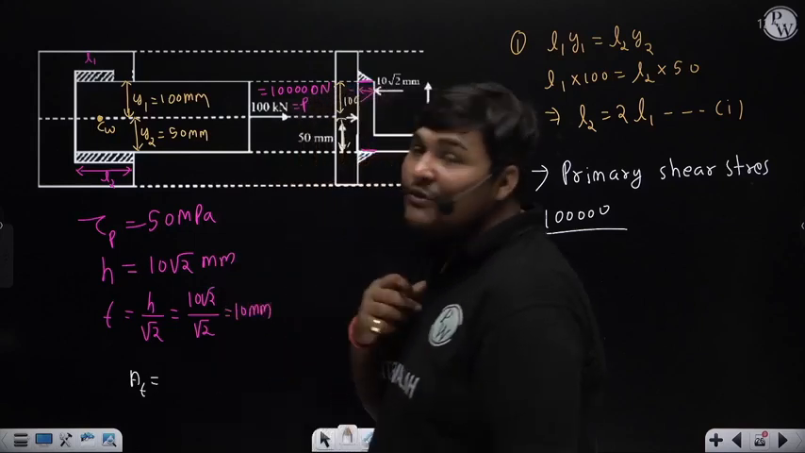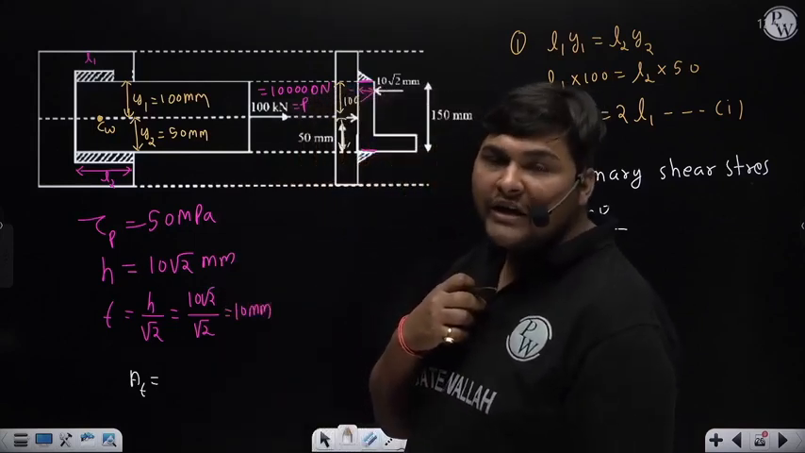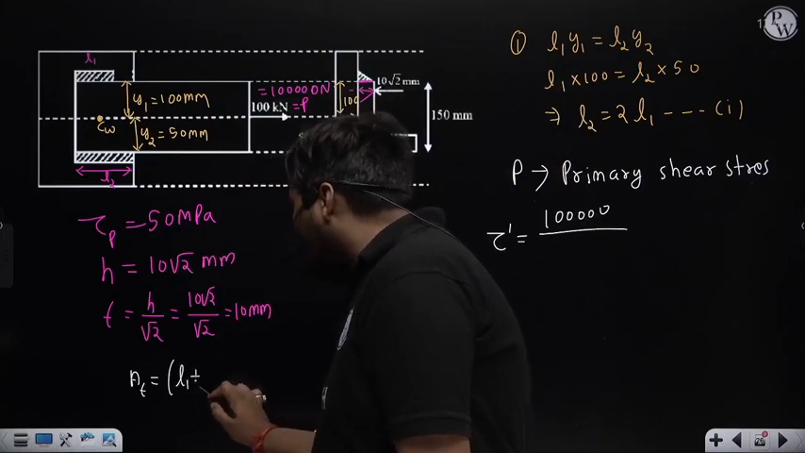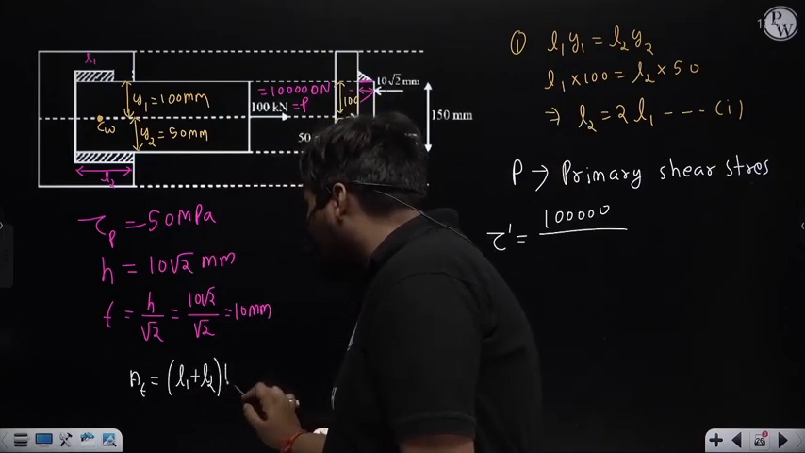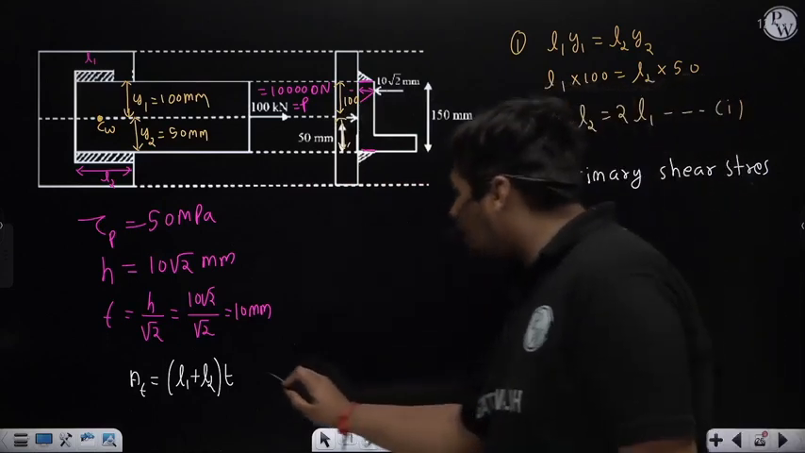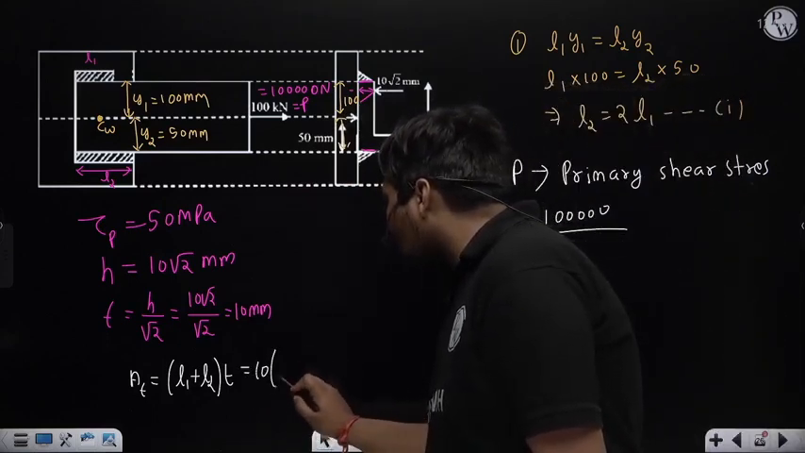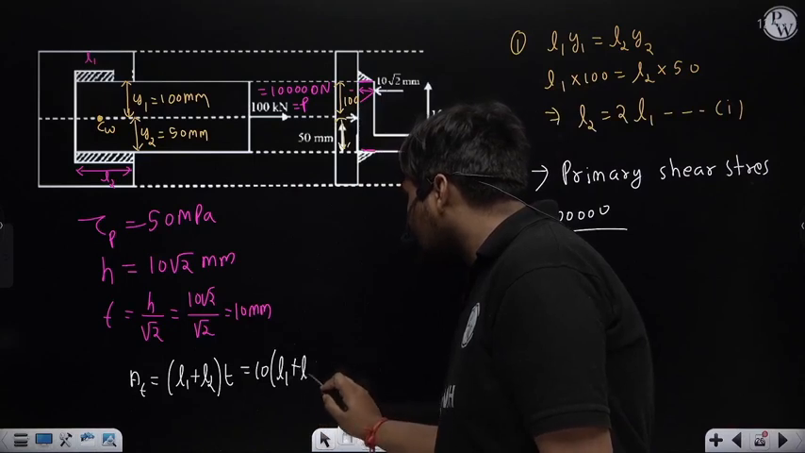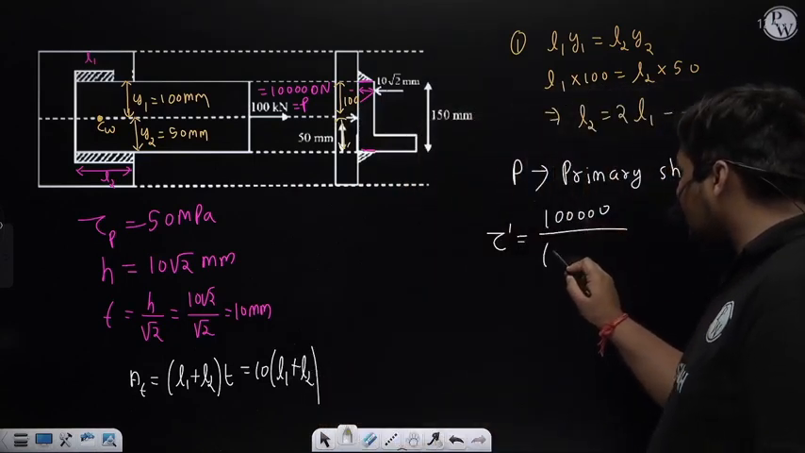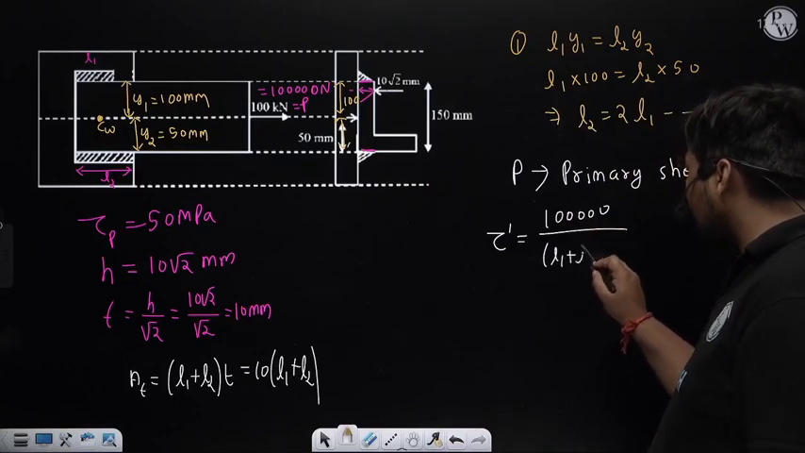Throat area of weld 1 is L1T. Throat area of weld 2 is L2T. So total throat area will be (L1 plus L2) into T, where throat T is given, it is 10 mm. So total throat area will be 10 into (L1 plus L2). So primary shear stress is total force divided by total throat area, which is (L1 plus L2) into T, and